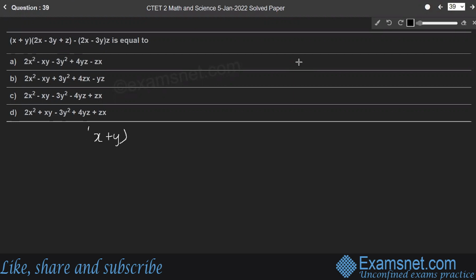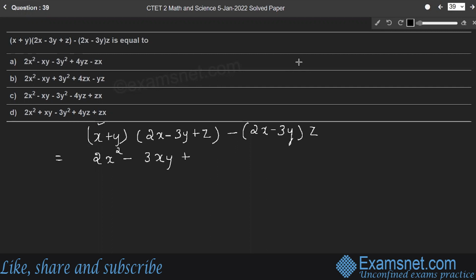Simplify: x plus y into 2x minus 3y plus z minus 2x minus 3y into z is equal to, x into 2x, 2x square minus 3xy plus xz, plus y into 2x, 2xy minus 3y square plus yz, minus 2x into z, 2xz minus 3yz, which is equal to